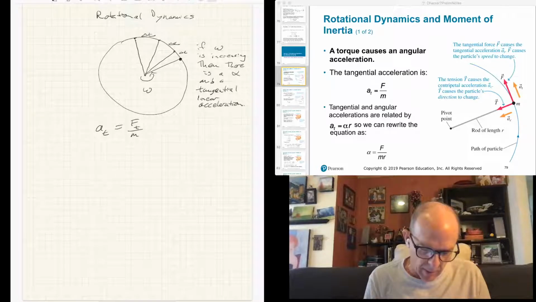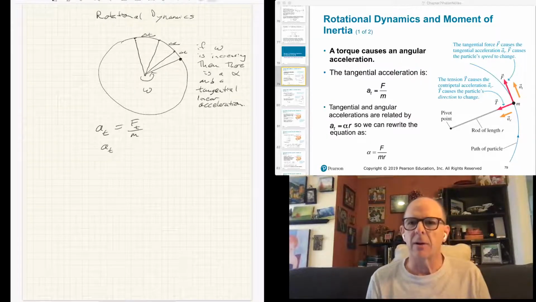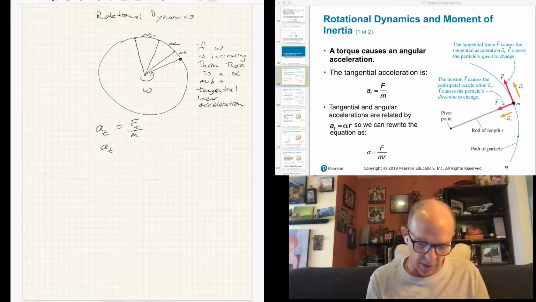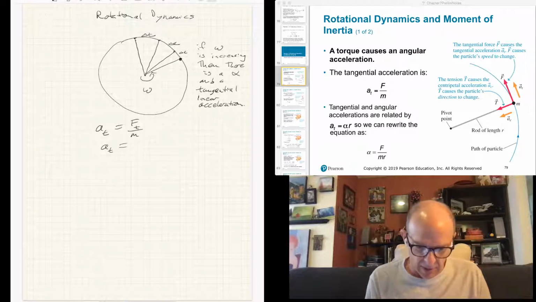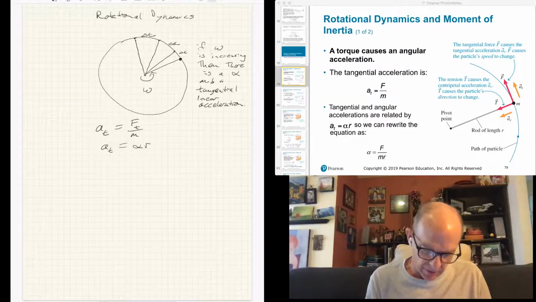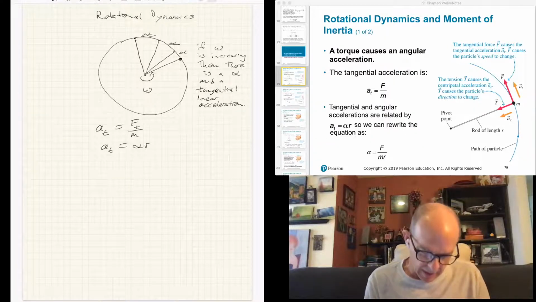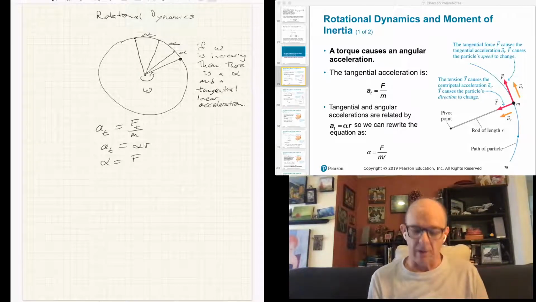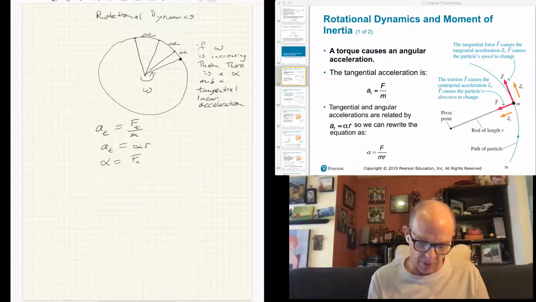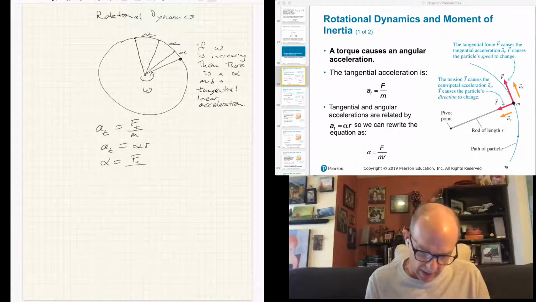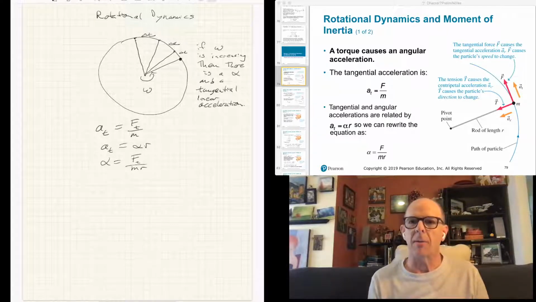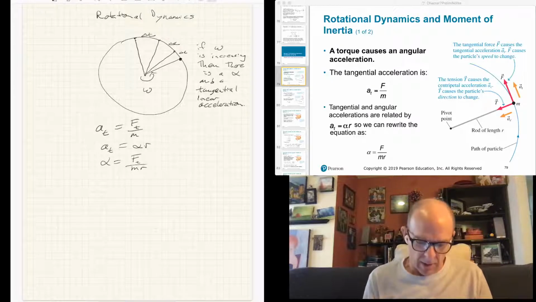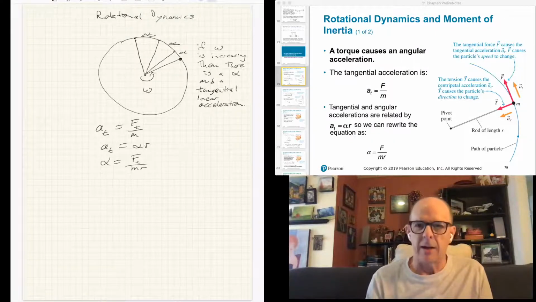And we remember that the relationship between the linear parameter and the angular parameter is that the linear parameter is just the angular parameter times r. And so if I substitute these two things together, I get that alpha equals F, that's the tangential force or the force that's causing a torque, divided by mr. Well, it would be nice if we had an expression